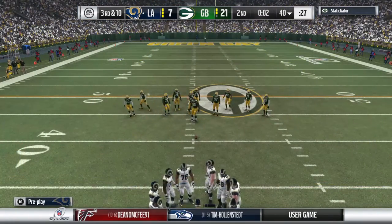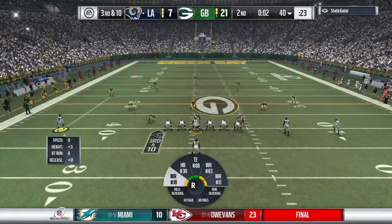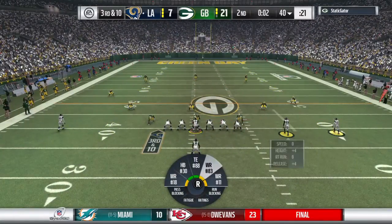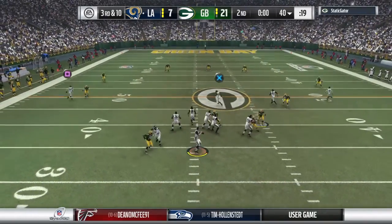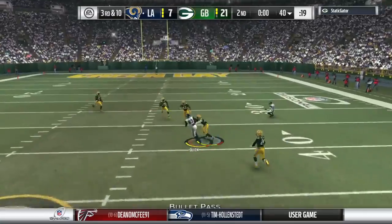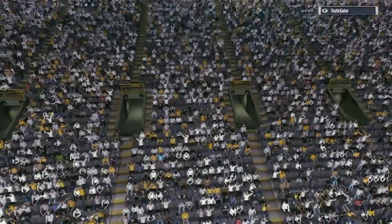And they line up now for what will likely be the last play of the first half. Let's go. Green 39. The final shot before break here. Goff got a man open. It's Brian Quick. And he's taken down, but not...